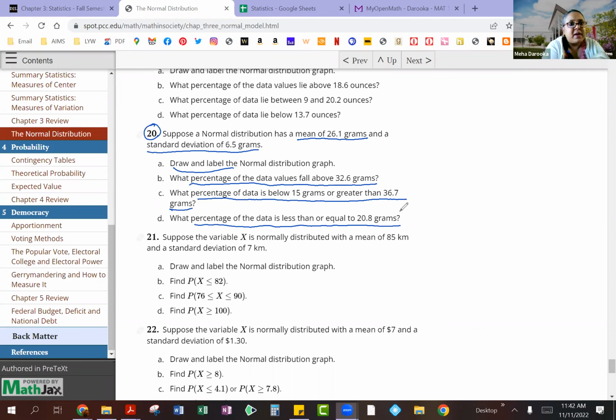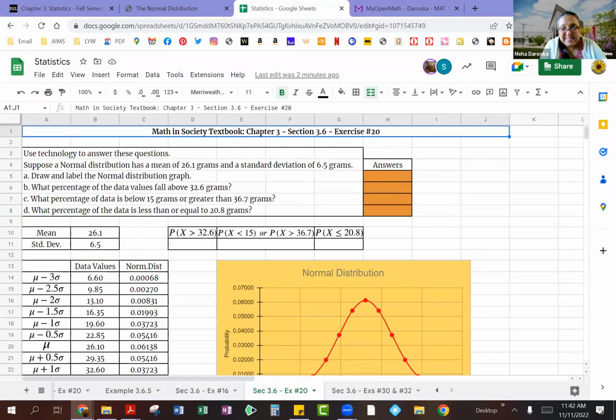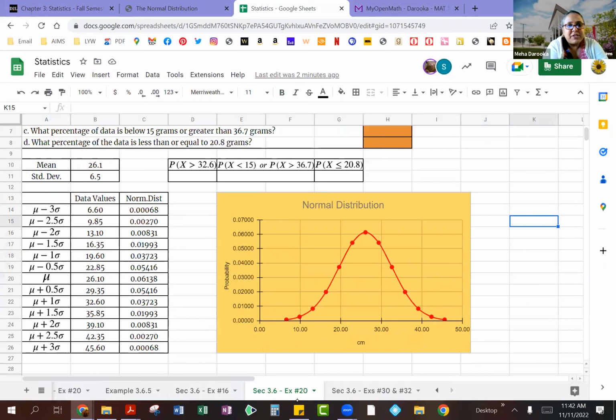So again, in our sheet, this is going to be the second to the last sheet. So you can see at the bottom, it says section 3.6, number 20. So I pretty much did the same thing as I showed you before. I took our mean and our standard deviation of 26.1 and 6.5 respectively and did the same thing, took half of the standard deviation away. So basically taking half of 6.5 and then subtracting that from the mean, which gave me 22.85, and continuing with